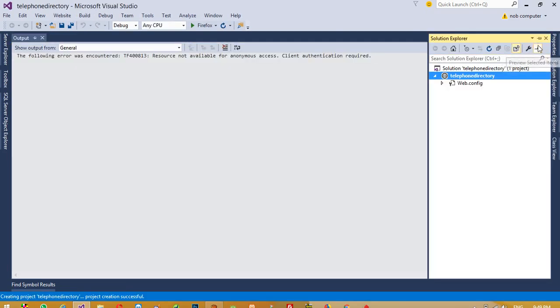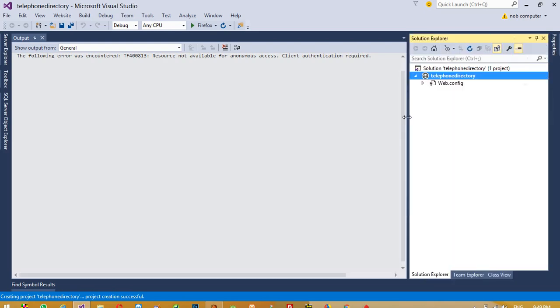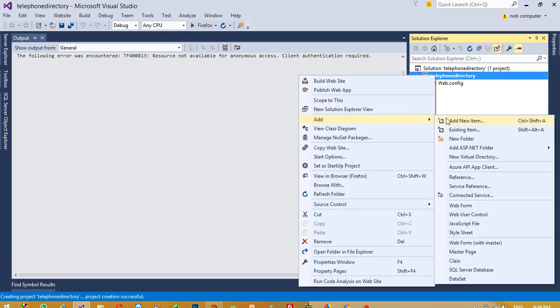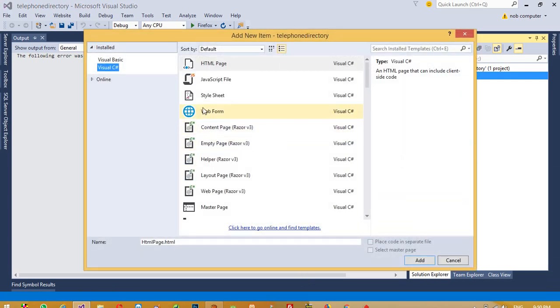Now here in Solution Explorer we can see we get the project title. Now we are going to add a new item. We are going to take this web form. We will create the master page when we complete this registration and login page, because we need the master page in the after-login page. So right now it is not required, but